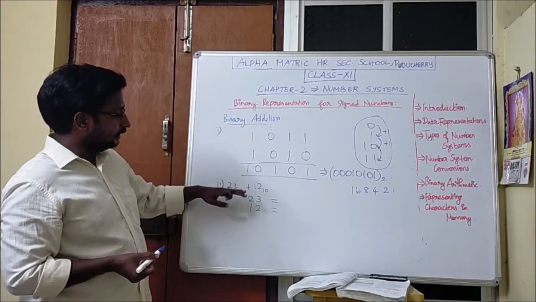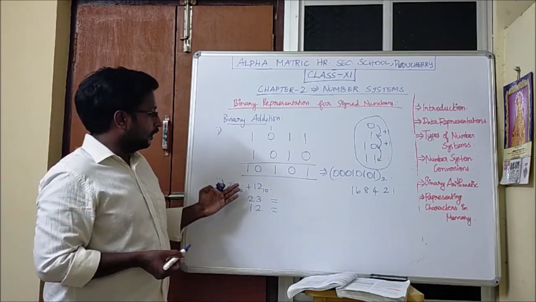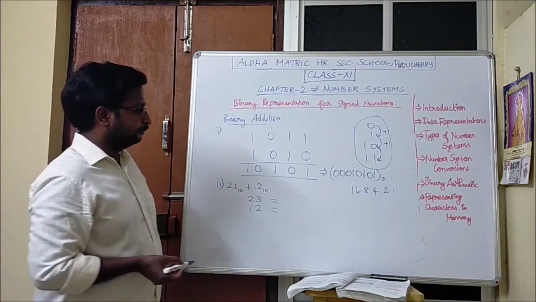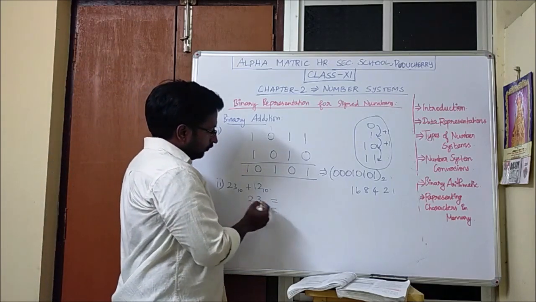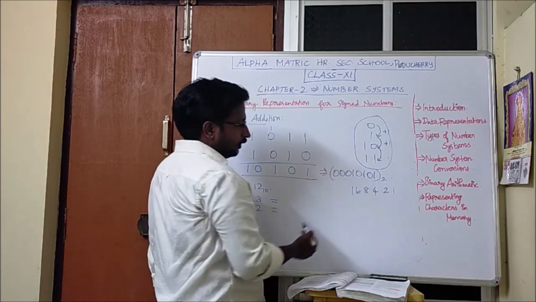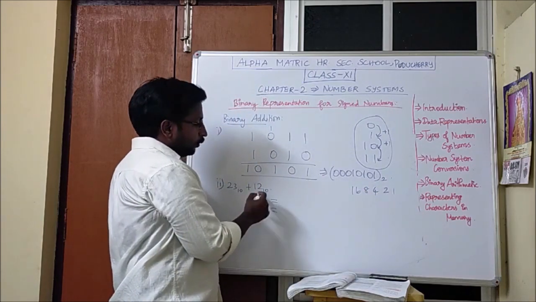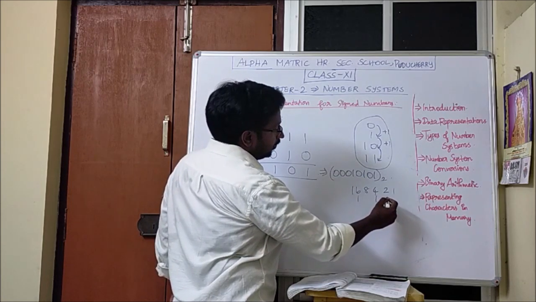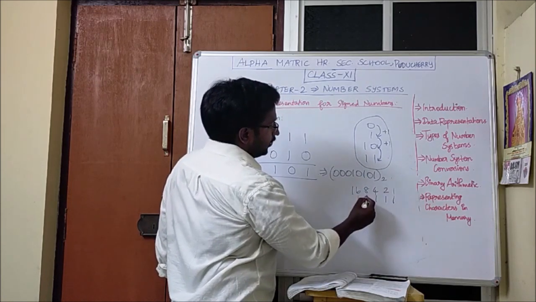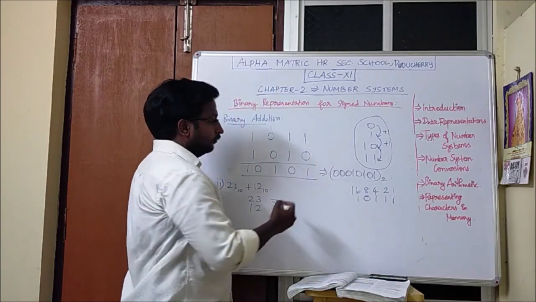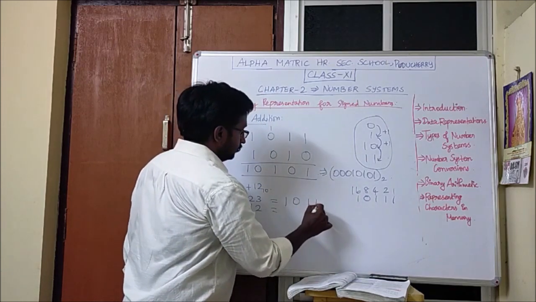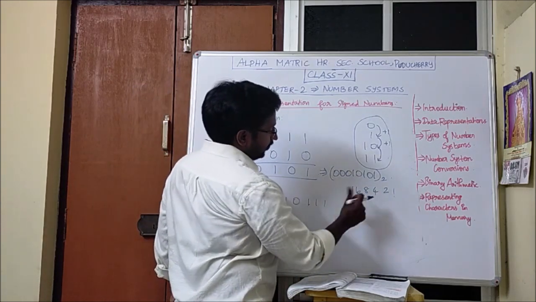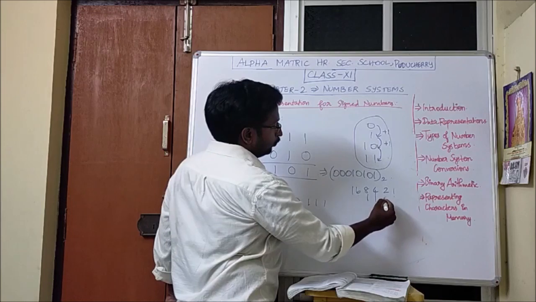Now let us see the decimal numbers, where we have to convert the decimal number to binary and then add. I have told the shortcut for converting decimal to binary. For making 23, which are all the numbers needed? 16, 4, 2, 1, that is 16, 20, 22 and 23. The rest is 0. And for 12, we just need 8 and 4.